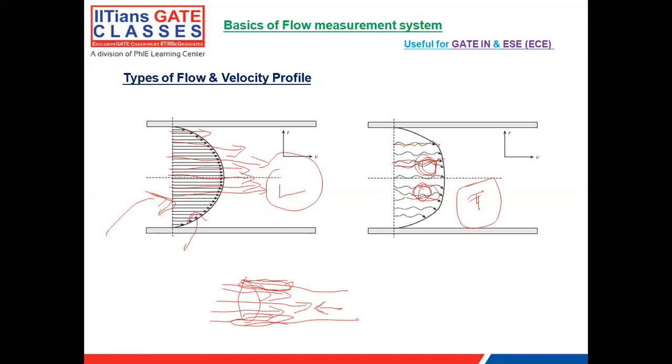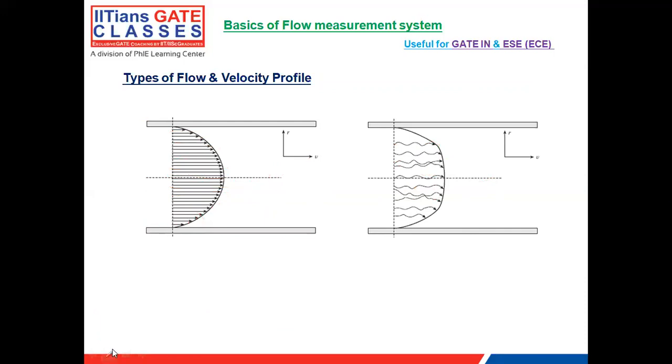So now we will see some of the points here. Let me erase this and change the color. What is the first point that we noticed here? The first point is that particles are moving in a highly ordered manner. Here, one layer and the other layer are moving with their own velocity, and one layer of the fluid is not disturbing the other layer, right? So they are moving in some ordered manner.